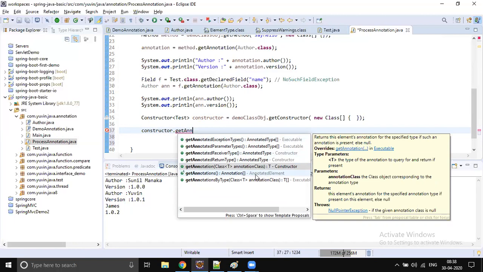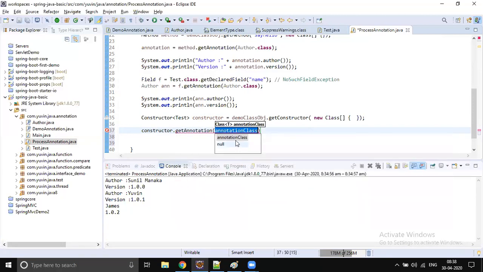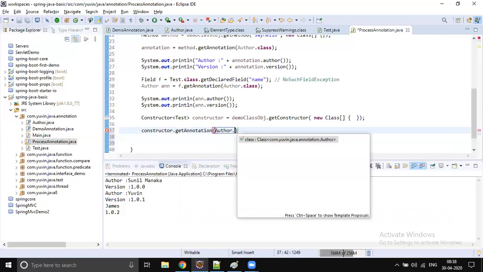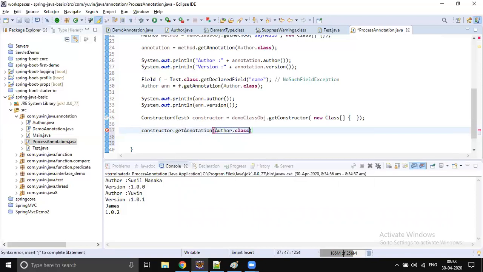We are getting it from AnnotatedElement. So this is actually an AnnotatedElement method, and Constructor is overriding that method. That's why we are able to call it. Author.class. Now you get an author, right?